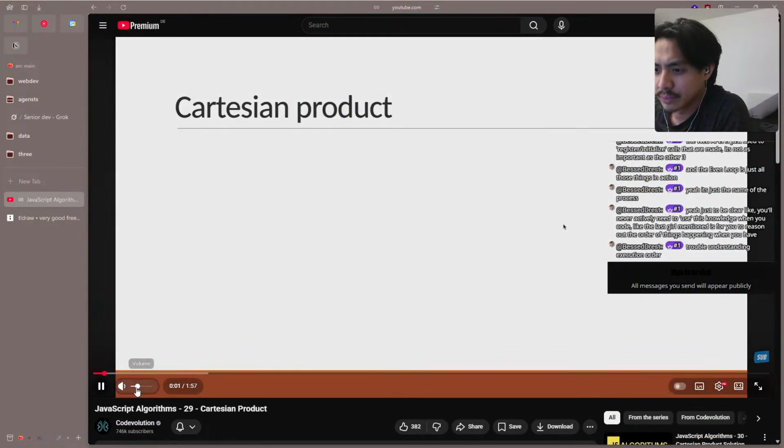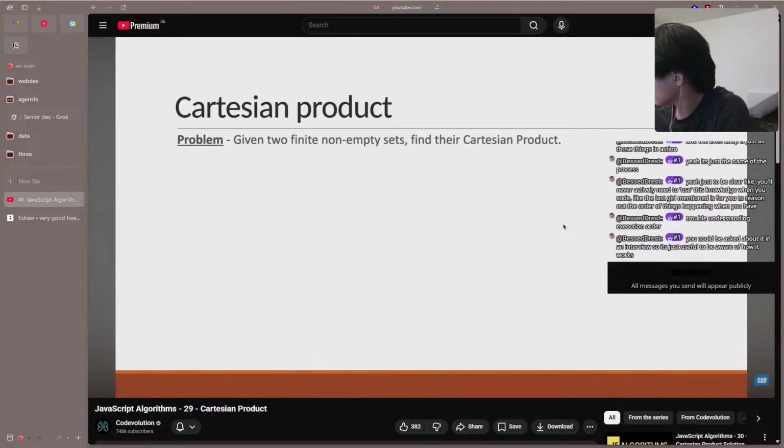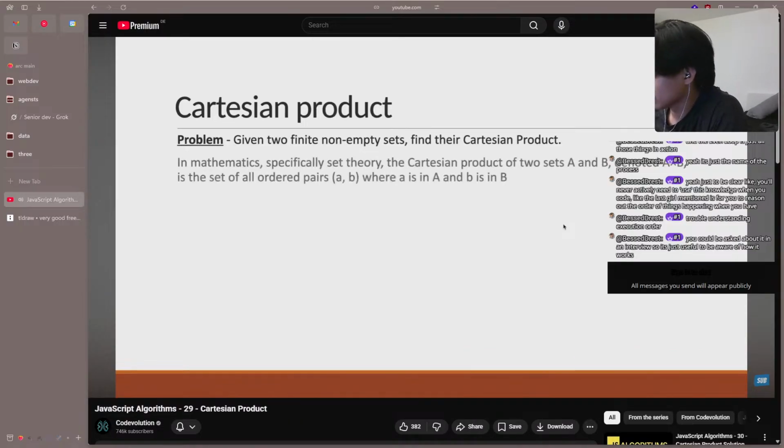In this video, let's take a look at the Cartesian product of two sets. Here is the problem statement. Given two finite non-empty sets, find their Cartesian product. Now what is Cartesian product? Well, in mathematics, specifically set theory, the Cartesian product of two sets A and B, denoted by A cross B,